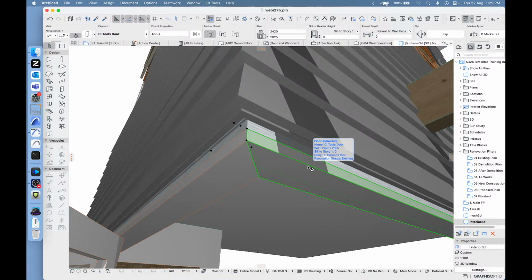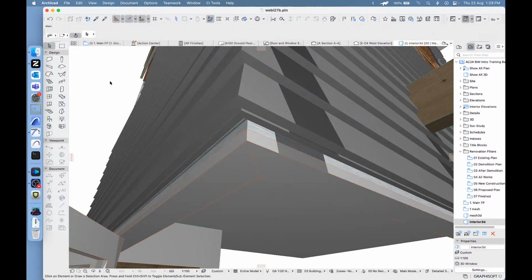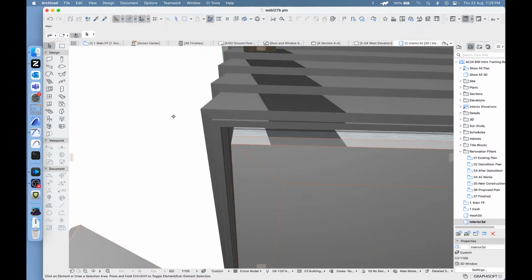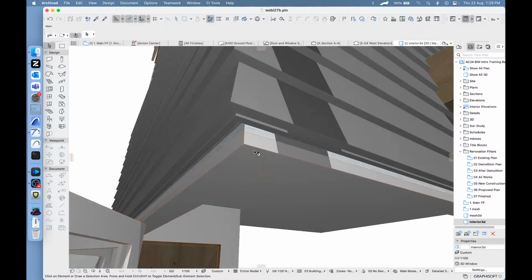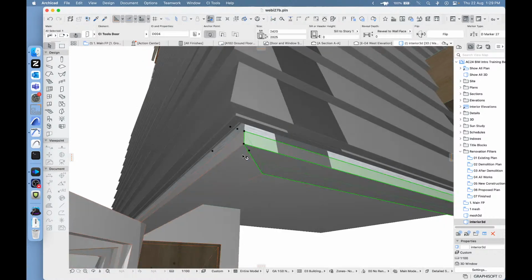Okay, not going my way today. So the problem that I'm having here is that because the windows are joining, it is trying to clean them up nicely, and it keeps on doing it, even though I'm trying to break it. But essentially, what we can do is, if you have doors that aren't meeting in the corner because maybe they're different